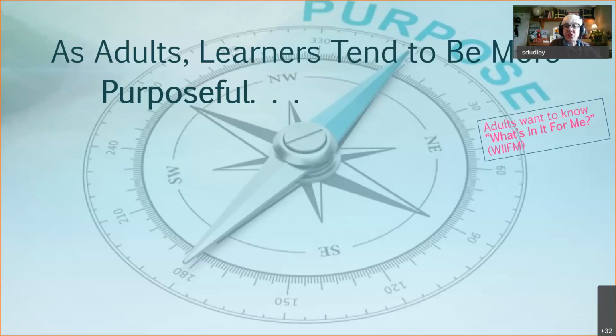Their motivation to learn is internally driven rather than imposed, and they want to feel more control over its planning and evaluation. So given the relatively brief time frame allowed for most virtual classes, the design must be very well